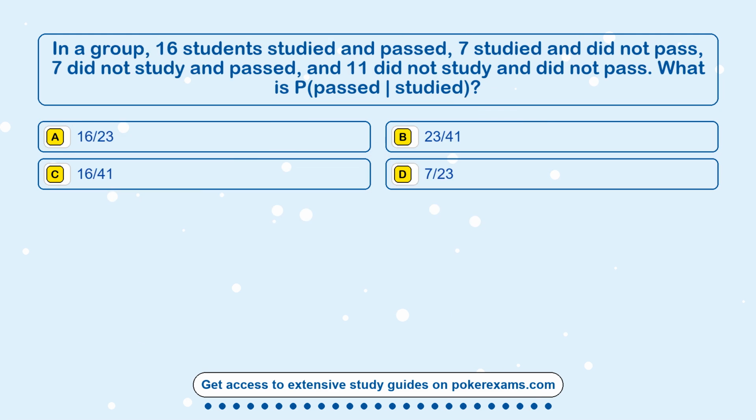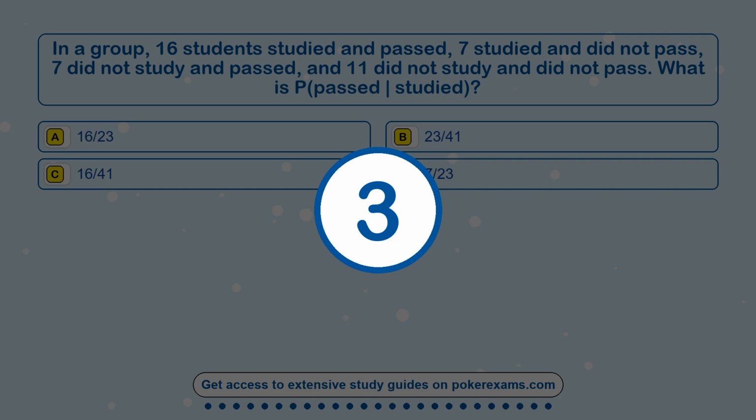Question 23. In a group, 16 students studied and passed, 7 studied and did not pass, 7 did not study and passed, and 11 did not study and did not pass. What is P(passed | studied)? Option A 16/23. Option B 23/41. Option C 16/41. Option D 7/23. The correct answer is option A,